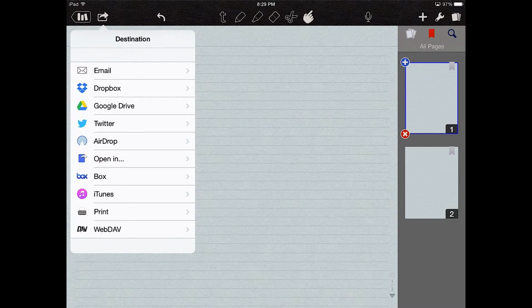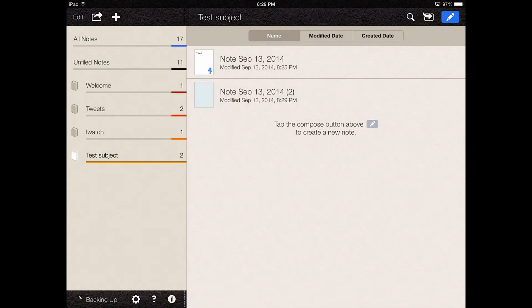When you're ready to do something with this document, you have so many options in Notability. You can email it, put it in Dropbox, put it to Google Drive, you can AirDrop it, you can open it in something else. You can print it right from here too, to a printer using AirPrint. So many options for this, but the really cool thing about Notability is, let's go back, there's something called auto